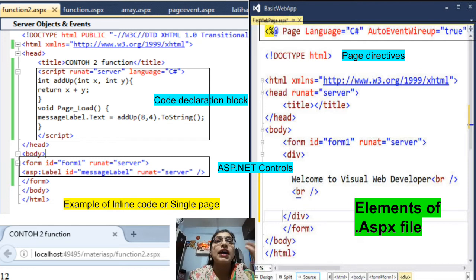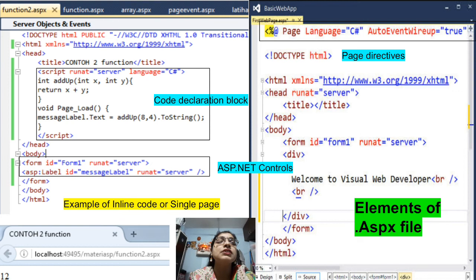After that we have the form tag. In the form tag we make use of labels, text boxes, buttons, check boxes, radio button lists, images. These are the ASP.NET controls, so we write all the ASP.NET controls inside the form tag. The third part, just see the second example, is page directives.